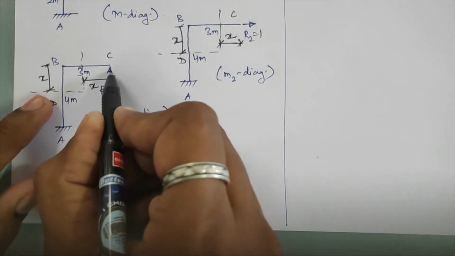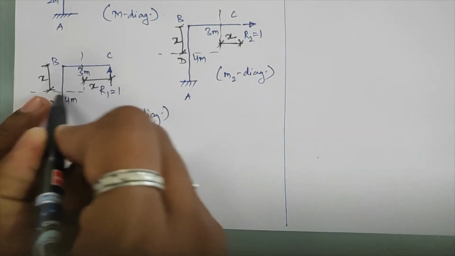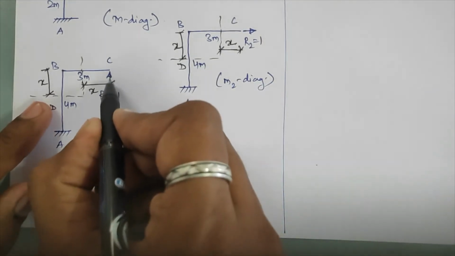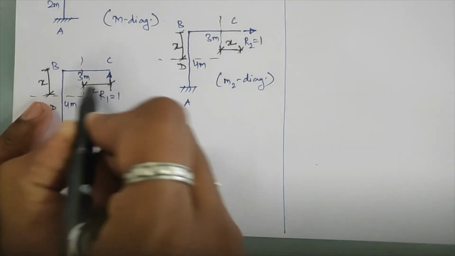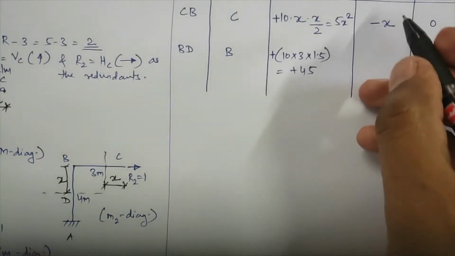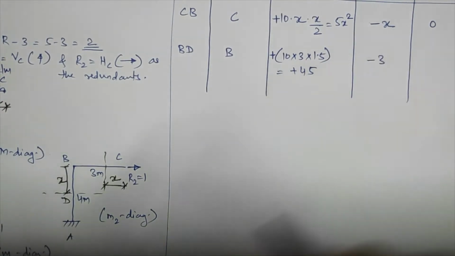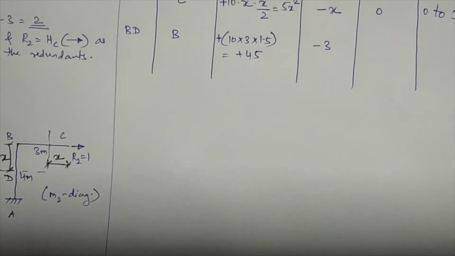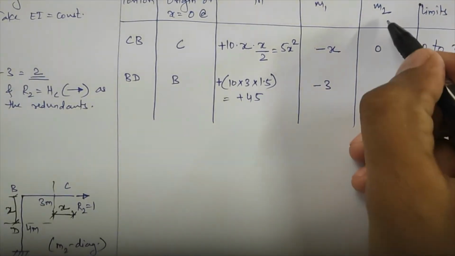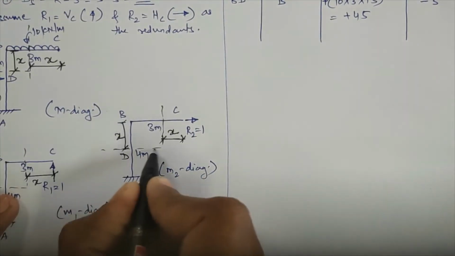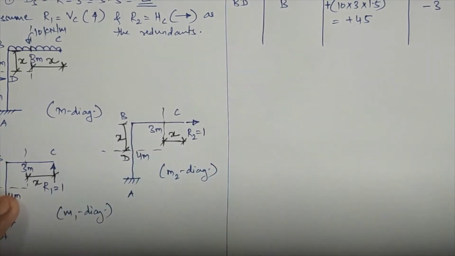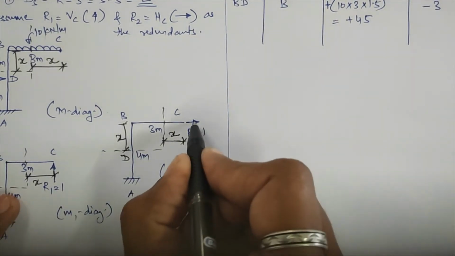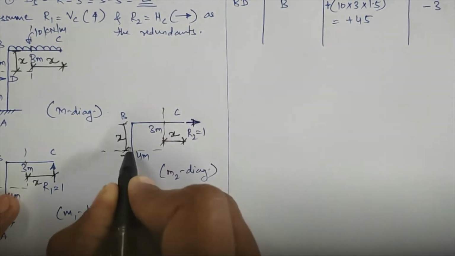Next, in the small m1 diagram, now I'll see the section. So the moment of this 1 along this section, how much will that be? 1 into its complete perpendicular length, which is here 3, so that comes as an anticlockwise moment, 1 into 3, that is minus 3. Okay, and next in the m2 diagram, again I'll cut this section in portion BD at a distance x from point B. Okay, so the moment of this 1 along this section.